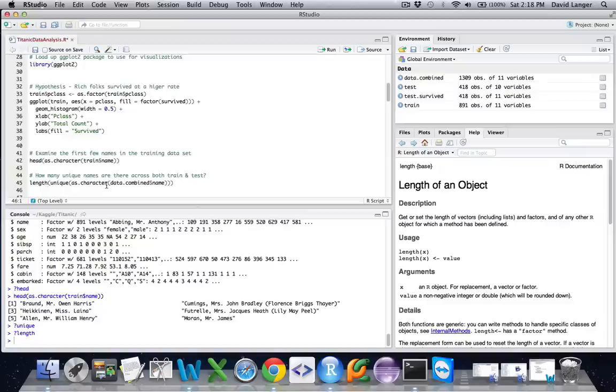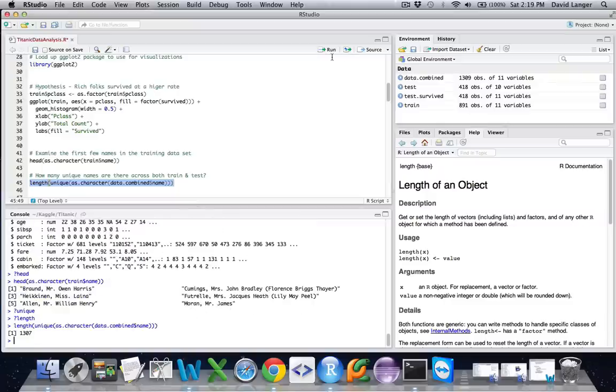But let's just go through it all at once. Grab the name from the data.combine data frame, which should be 1309 values. Convert them to a character string. Find out which ones are unique, and then tell me how many are actually unique.